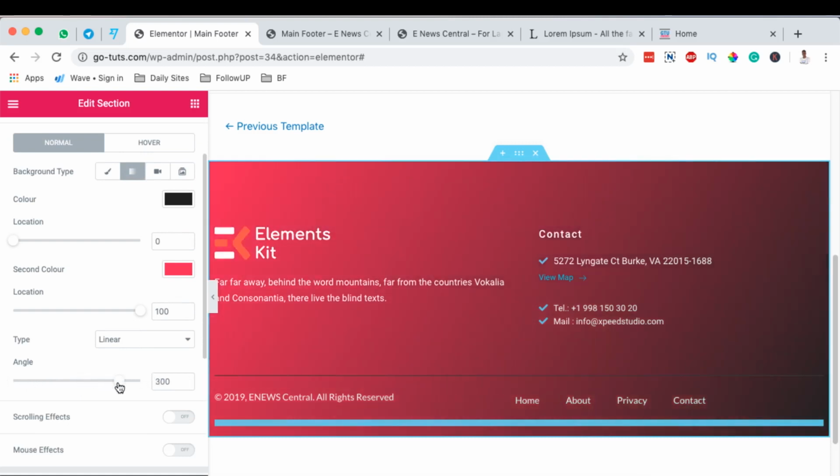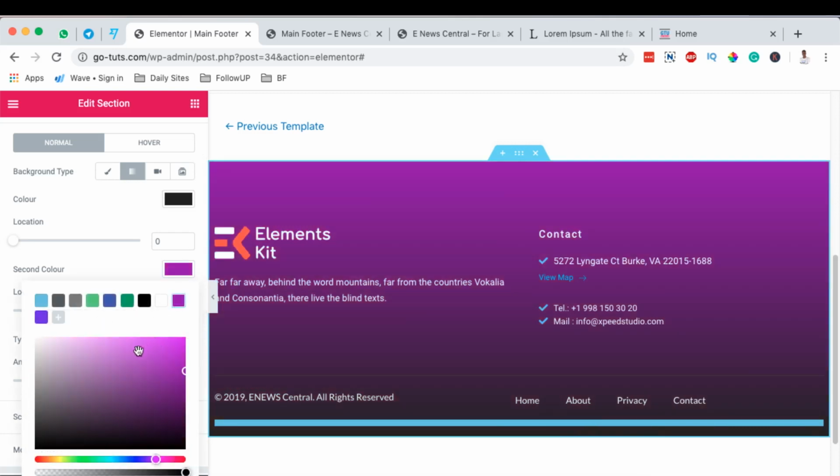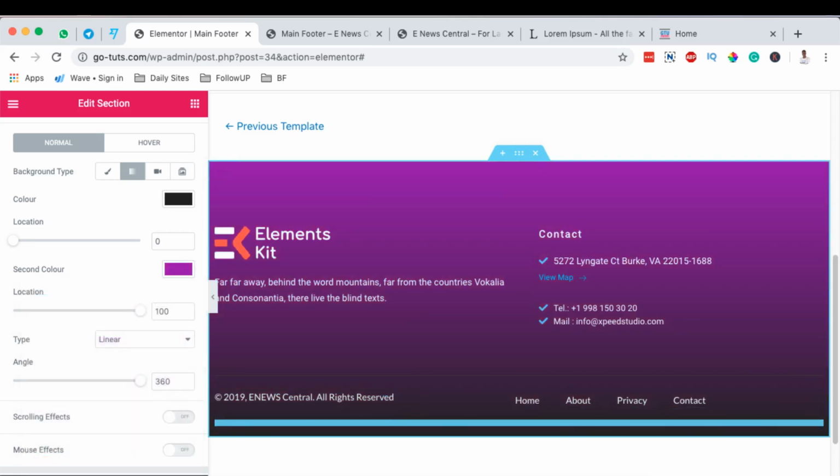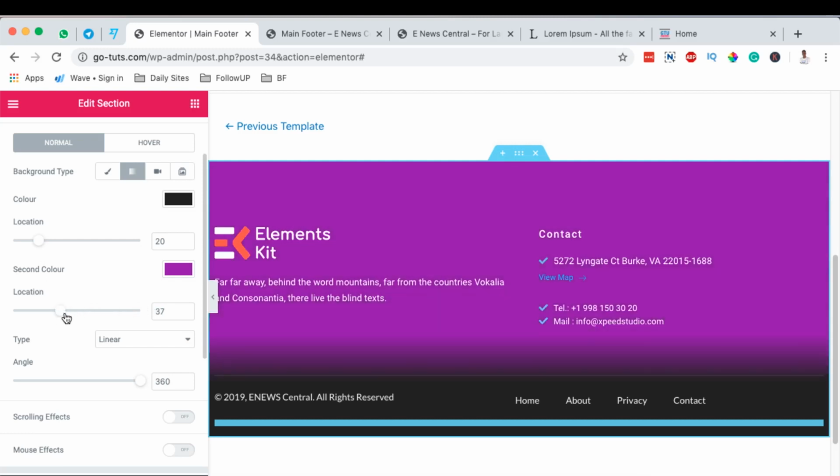Let me show you. See, running from 360. You can change the colors right here to add the colors that you want to use or that your website uses. You see how beautiful that looks? You can make changes to the location of the gradient and all that stuff. For example, this here, and you can even change location for the other color,